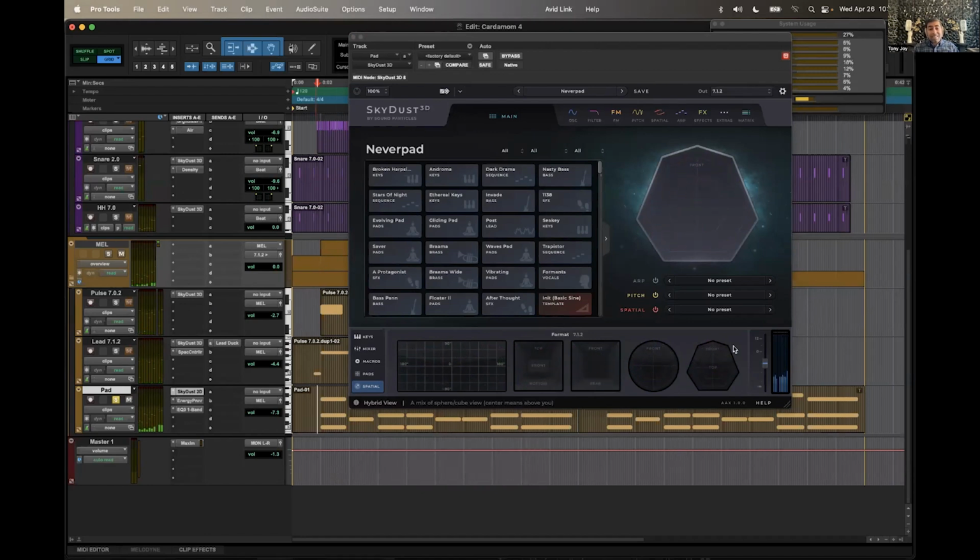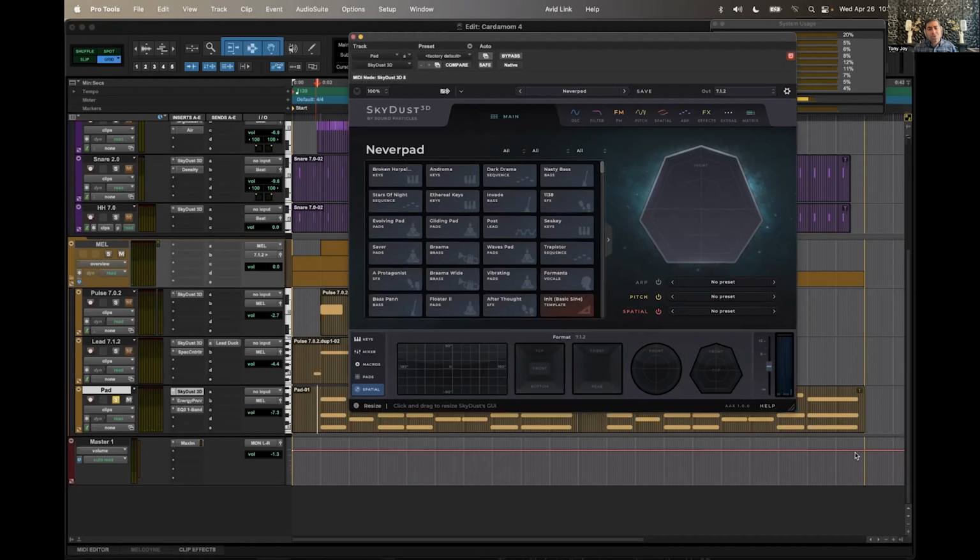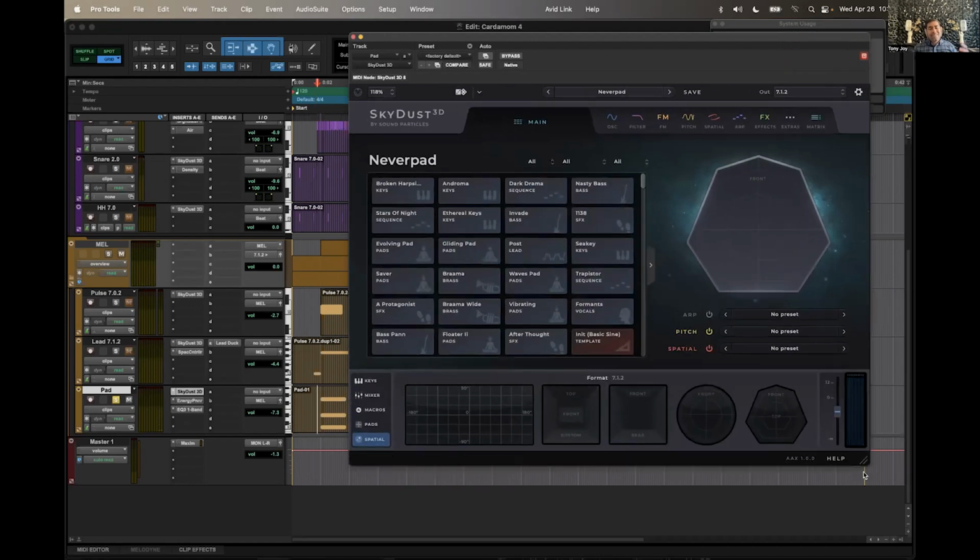So I really like this patch. I don't think I tweaked it at all. But one thing I felt is that it's too big, right? It's actually taking up the whole space. It's like it's the lead itself that when I was playing the lead,